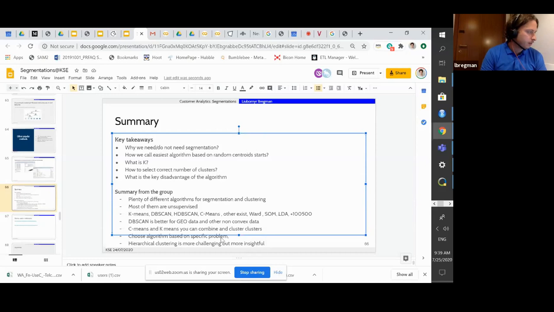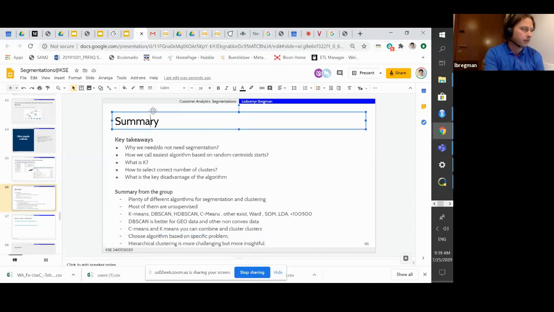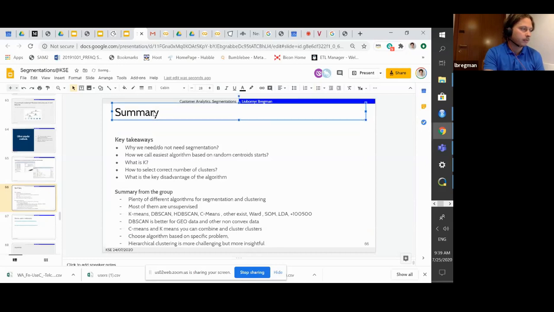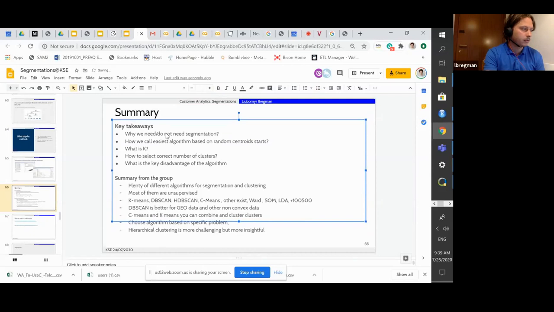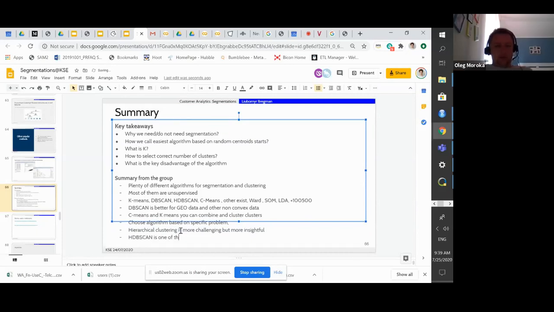Okay, so HDBScan is the current state of the art. Yeah, it's maybe one of the best existing things at the moment.